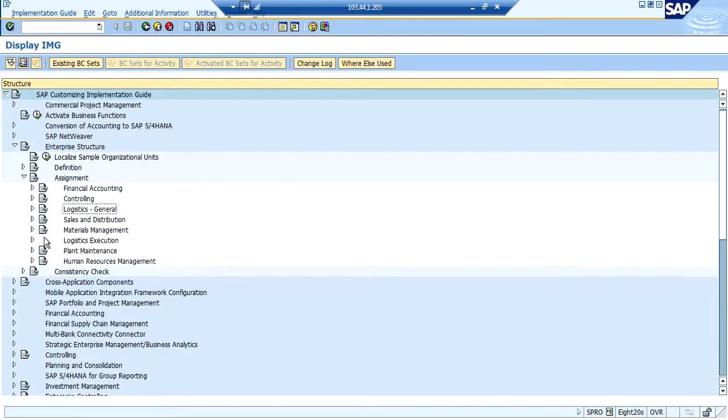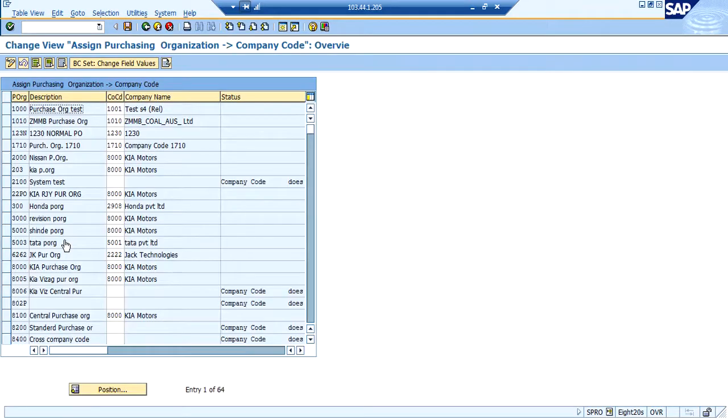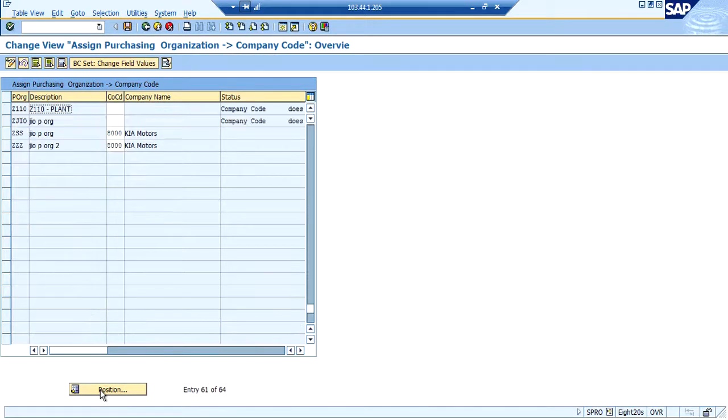Now going forward with the other assignments, assign purchase organization to company code. Click on position and let us go to our newly created purchase organization.